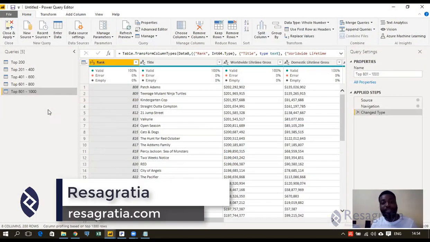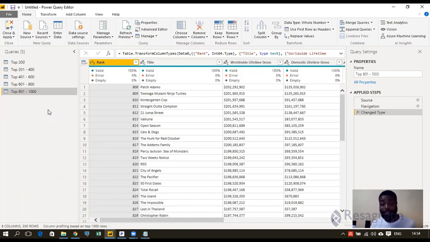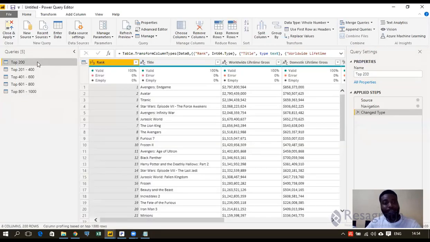Everything at once. You need to find a way to put them all together, right? You need to find a way to put them all together. And that's an important operation in any analytics project, right? So in this case, if you take a look at the top 200, you've seen that IMDb have done the